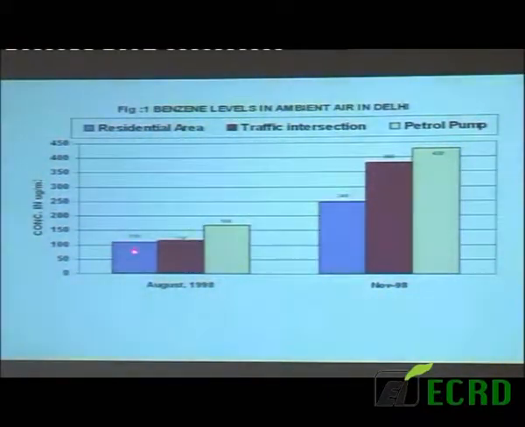At that time also levels were high, but even after the phasing out of lead, levels were even more high for benzene and toluene. But within 6 months, we brought it to very less, below 50 microgram, because they started to add benzene up to 8%, and then they brought it to 5% and finally to 3% immediately within 6 months. And now they have only 1%. Next, please.